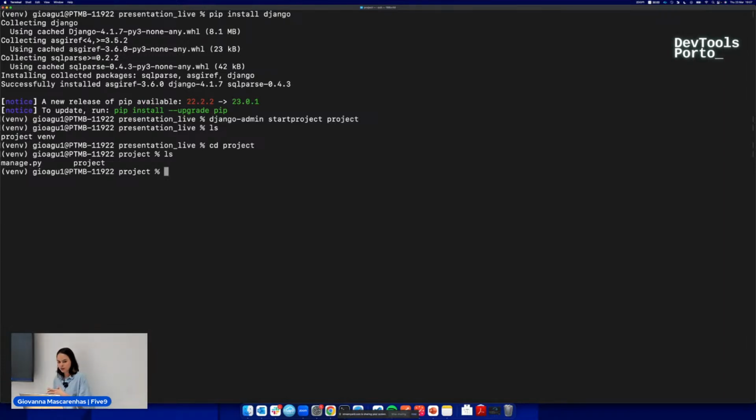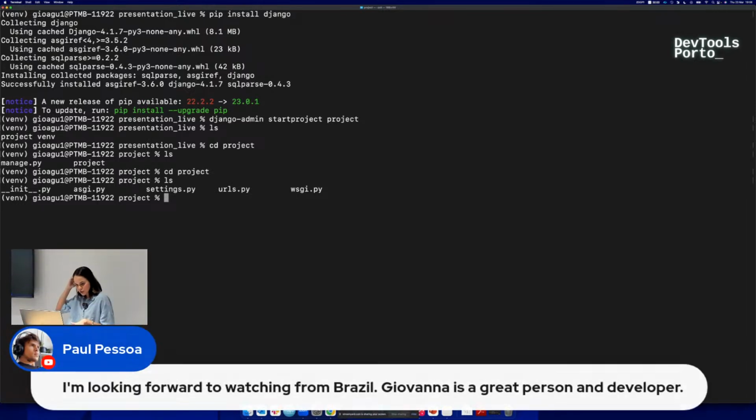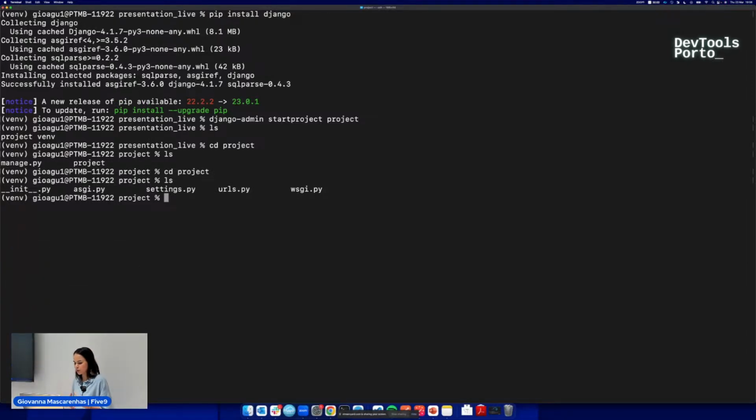Every time that you want to run a command that's going to affect your Django project, you need to interact with manage.py. So imagine that you want to create your tables in the database or run the server, you need to work with manage.py. Here in project, Django already gives you default files. So asgi.py and wsgi.py are the files that we use for deployment. And settings, all the configuration from the project is there. And the urls.py is where you put your URLs.